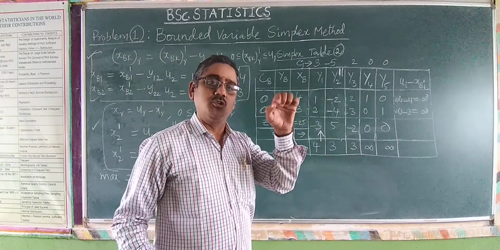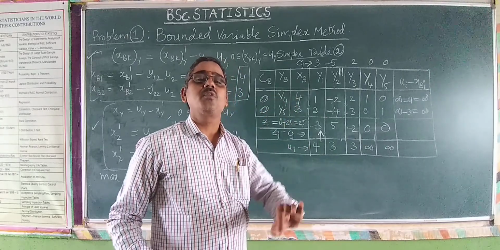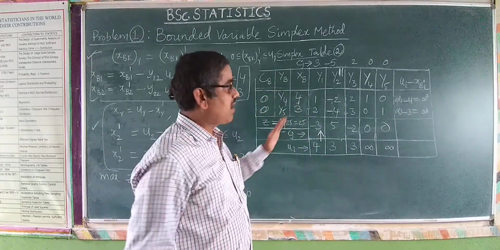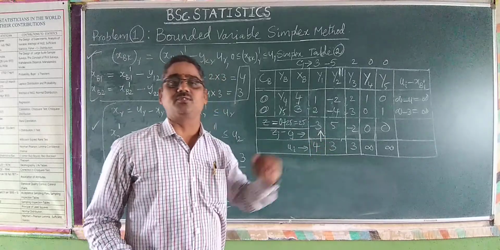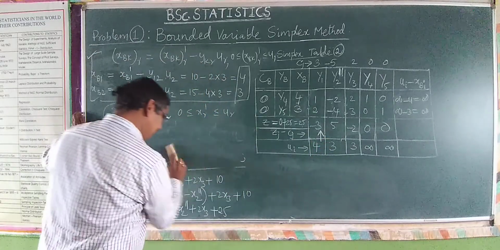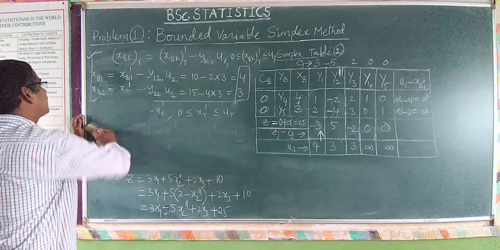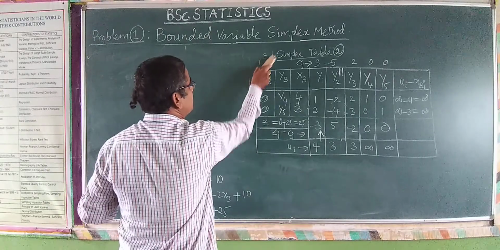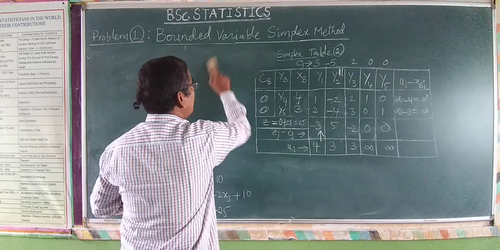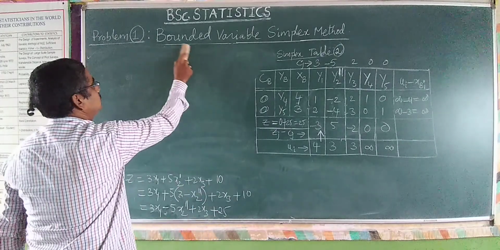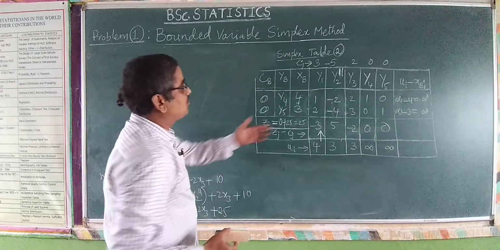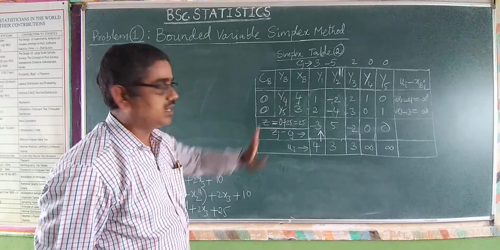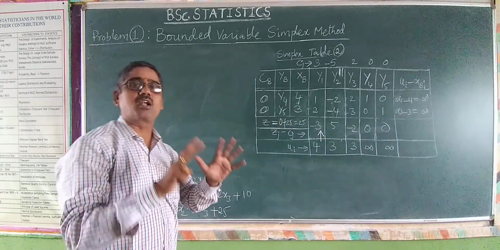After that you have to calculate theta 1, theta 2 and ur. These are the three values you have to calculate, and then finalize. So after completing one simplex table, if you want to go for the next calculations, we have to calculate three particular values: theta 1, theta 2 and ur. Even though it was already decided which vector enters the basis, that is y1 enters the basis, for the time being please keep that position.